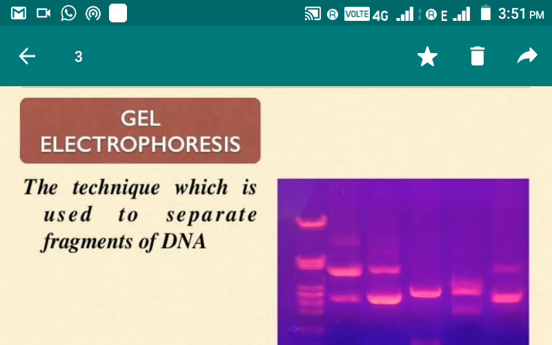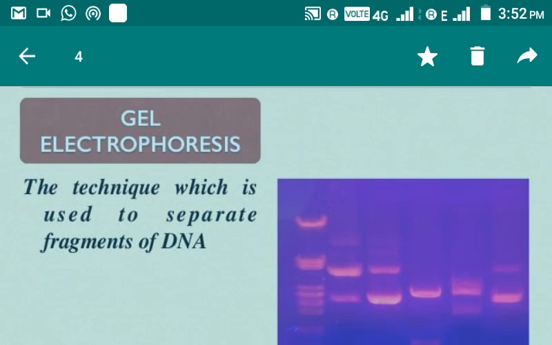This is made up of agarose, which you might know is isolated from Gracilaria and Gelidium, these two red algae, and agarose is made up of different monomers. It's a kind of carbohydrate. I am not going into the detail of those aspects, but for the time being you know that gel electrophoresis is the technique to separate fragments of DNA.